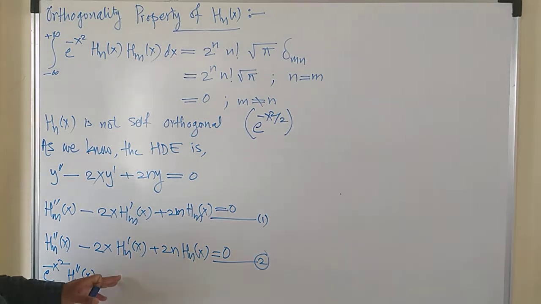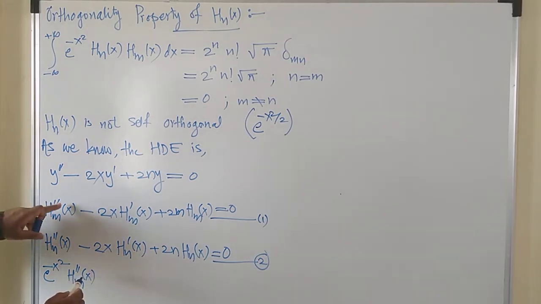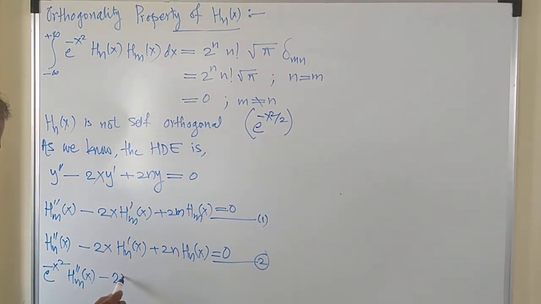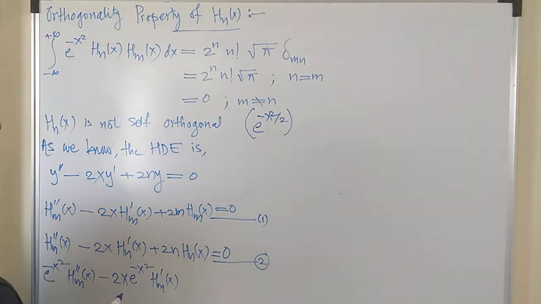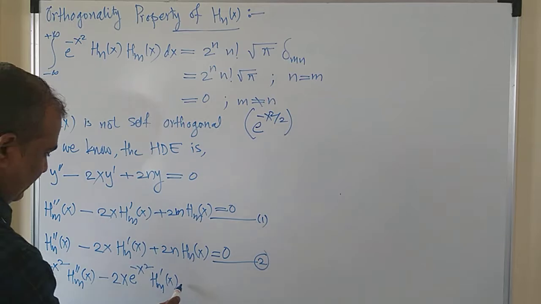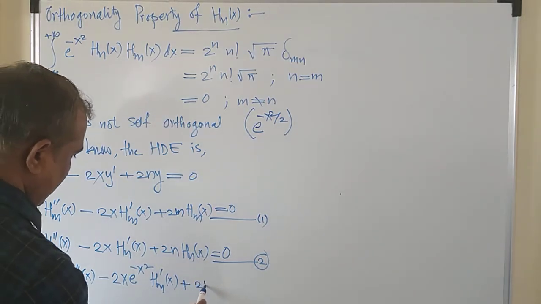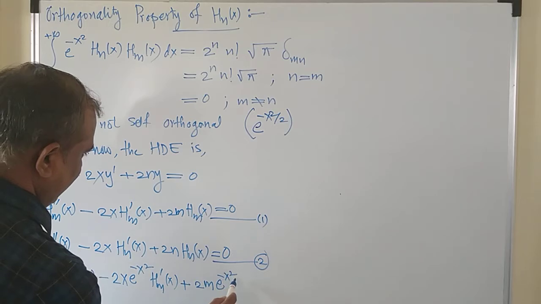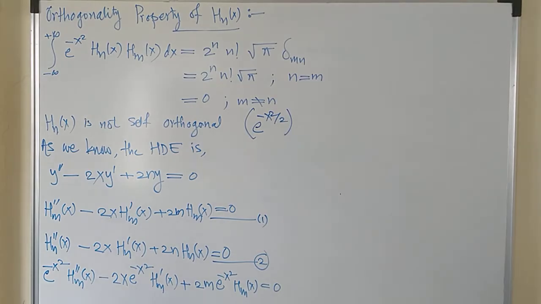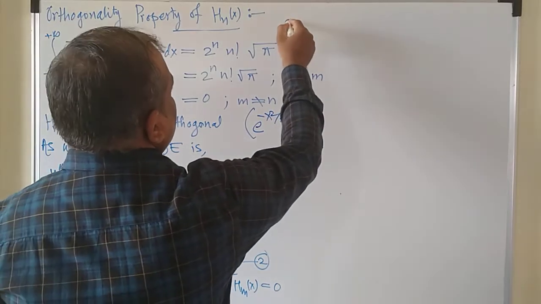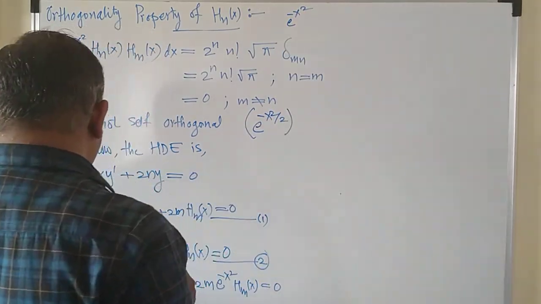Yes, this equation is visible to you, but next I should write on the top: e raised to minus x square Hm double dash of x minus 2x e raised to minus x square into Hm dash of x plus 2m e raised to minus x square Hm of x is equal to 0, right? Just by multiplying e raised to minus x square, this one more equation you will get as e raised to minus x square multiplied to this,